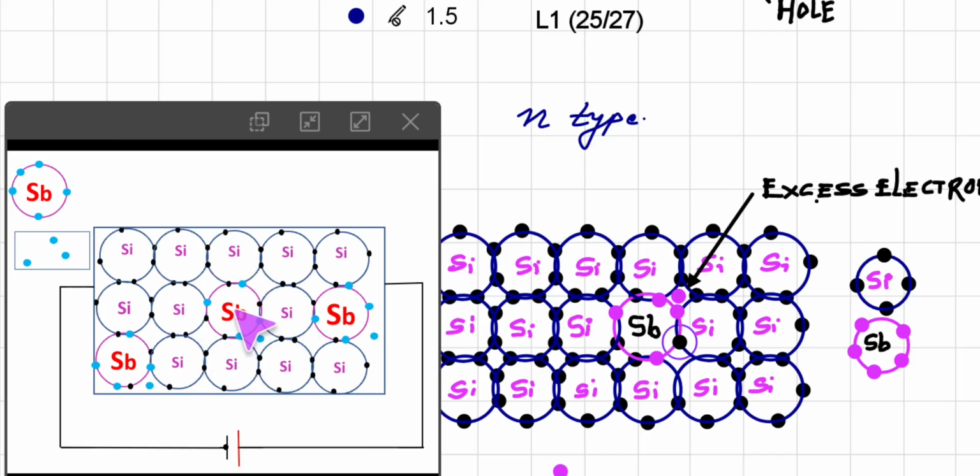And in this case you see that we have added 3 atoms, so 3 free electrons are there. So at present in this bar all electrons are in bond formation, except these free electrons. As in this piece of silicon a large number of electrons are available, this is called an n type of material. So majority carriers in n type materials are electrons.